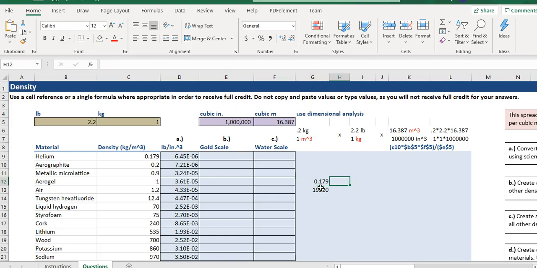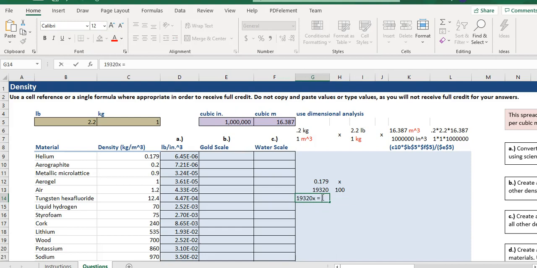And over here in this scaling column, we're going to be putting an X for helium, because that's what we don't know, and we want 100 for gold. So what we're going to end up doing is formatting all of these so that I have the helium or the aerographite and gold and whatever it happens to be. So when I do my calculations, I get 19,320